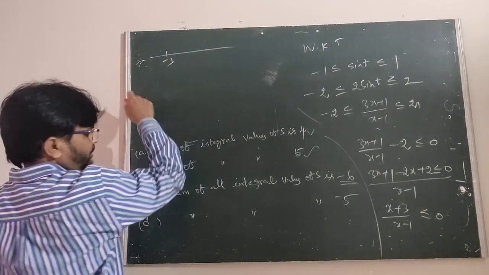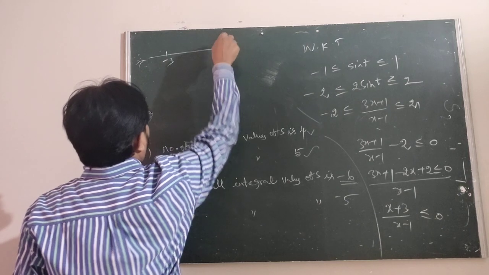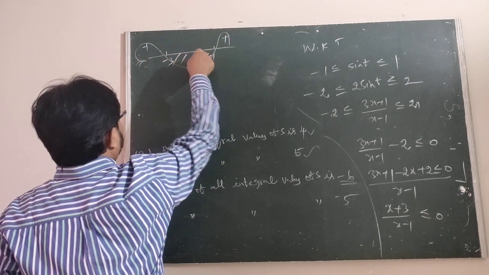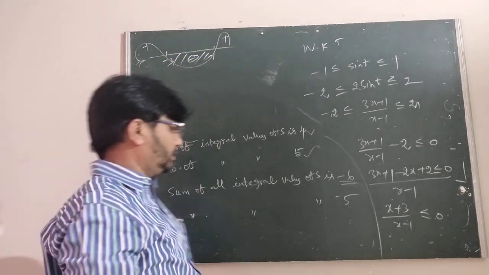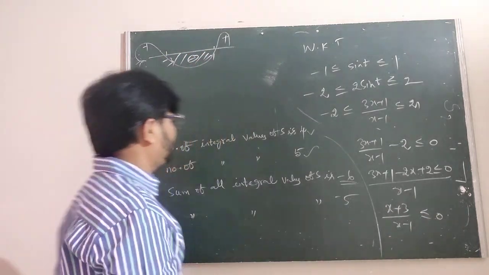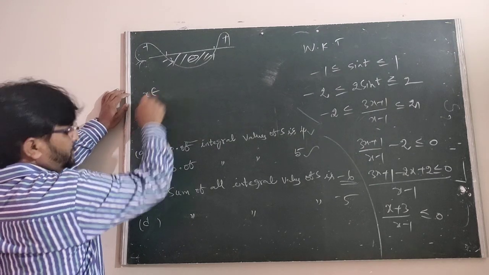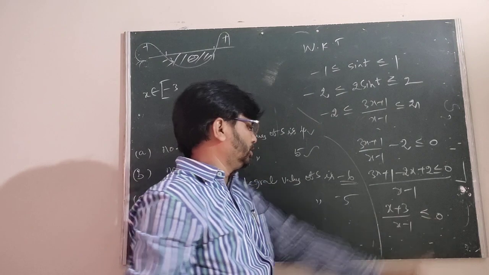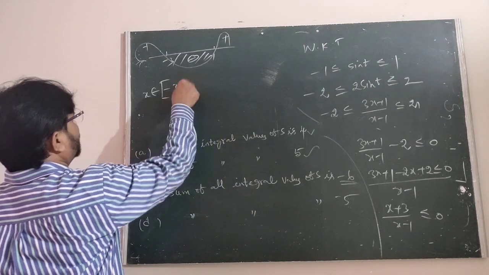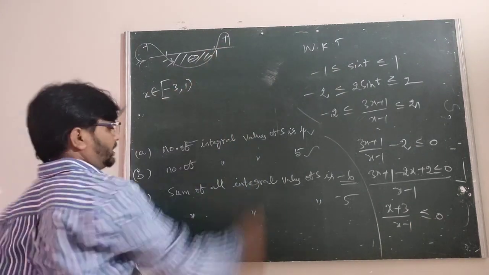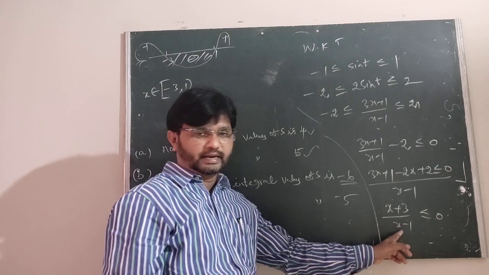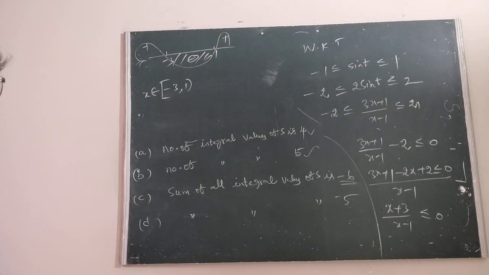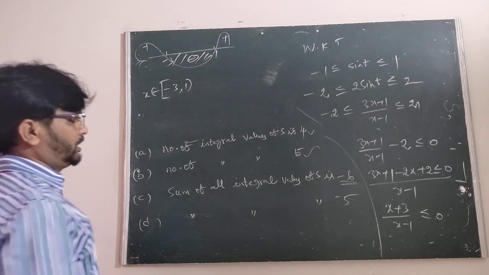Now the critical points are minus 3 and 1, which is the least one is minus 3. Now the signs are plus, minus, plus. Now we are taking this part, where less than or equal to applies. Therefore we can write x belongs to minus 3 to 1, open at 1, since x is not equal to 1: at 1, x minus 1 is 0, so it is undefined. Therefore minus 3 to 1 is the first case.